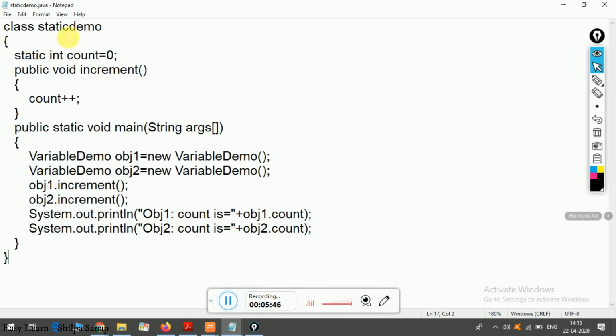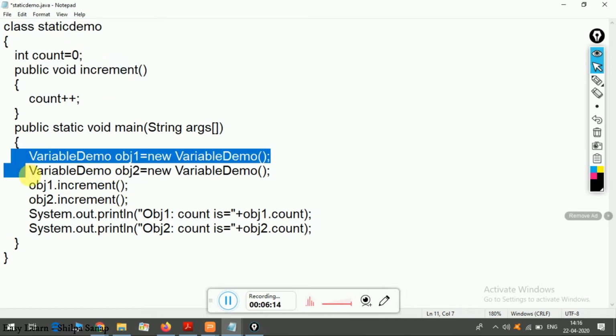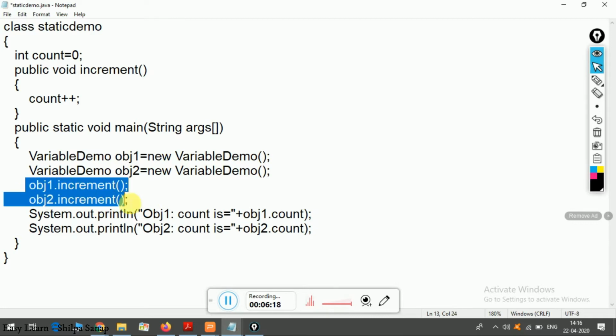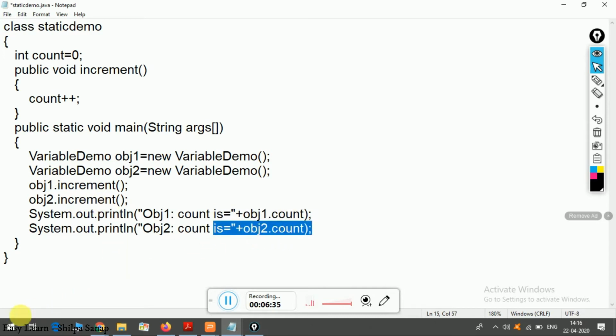So here we have a class called StaticDemo, and inside this class I am creating a variable count. It is 0. In the first execution, I am going to keep it a normal variable with the value 0. We have a method increment and we are going to increment the value of the count variable by 1 every time this method is executed. Now in the main method you can see we are creating two objects, object 1 and object 2, and for both of them we are calling the increment method. We are expecting that object 1 increments it by 1 and object 2 increments it by 1 again, so at the end we should get the result as 2. Let us see what happens. What will be the value of object 1 dot count and object 2 dot count?